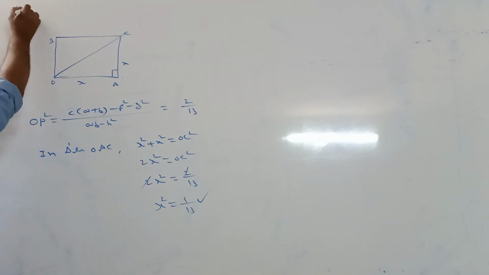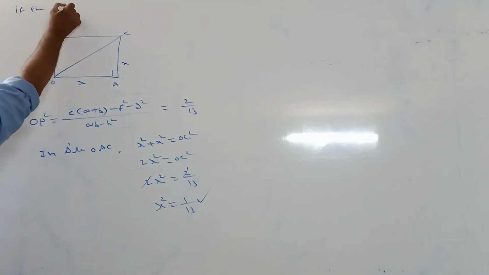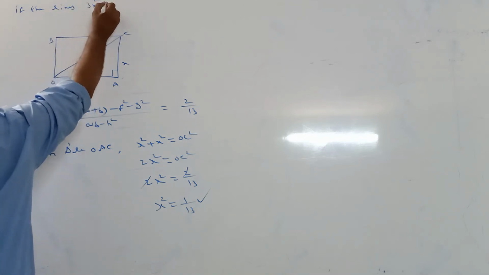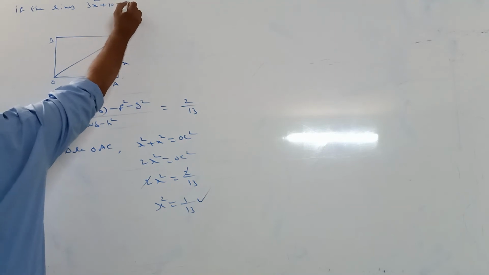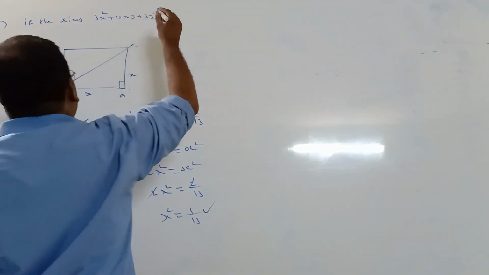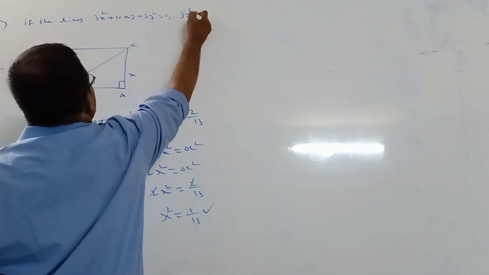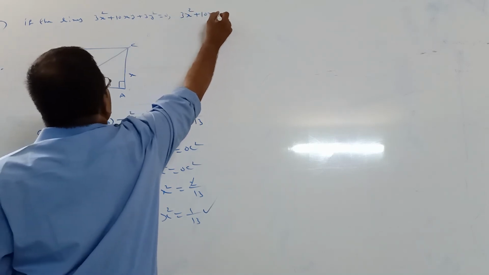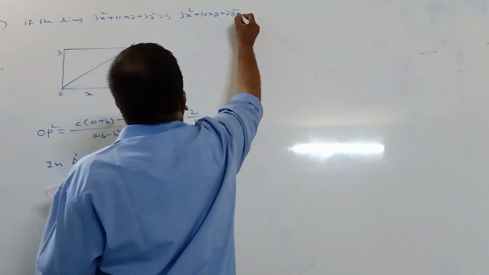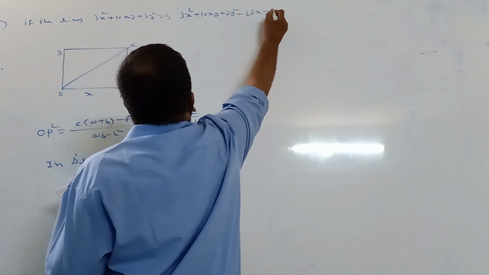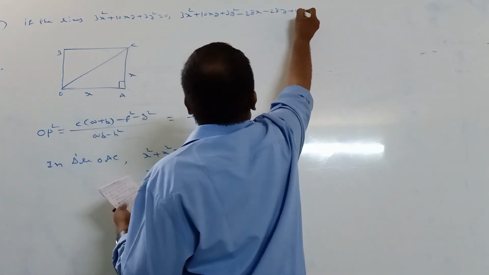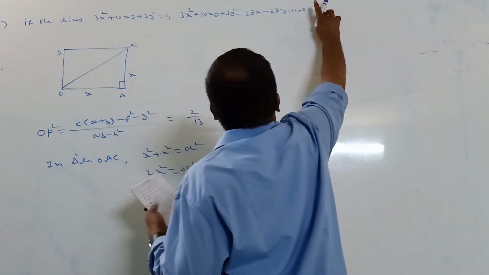If the lines 3x² + 10xy + 3y² = 0 and 3x² + 10xy + 3y² − 28x − 28y + 49 = 0 form